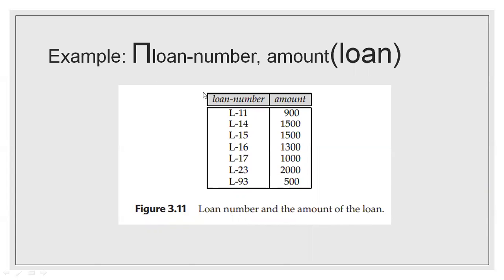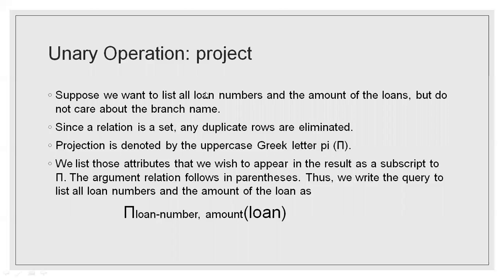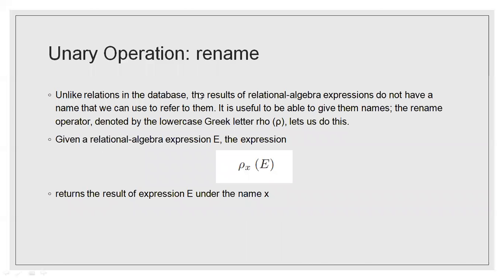So this is the example of project. Let us go to the next unary operation, that is rename. Whenever we are performing any operation, unary or binary, on different tables, some output will be generated. Now this output will be saved in a particular file, and that file can be named